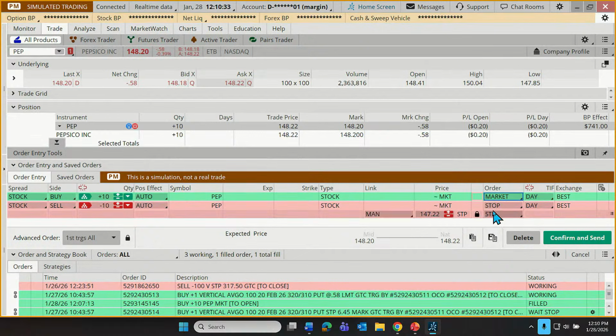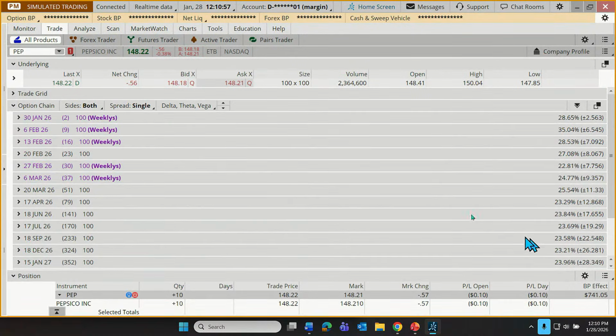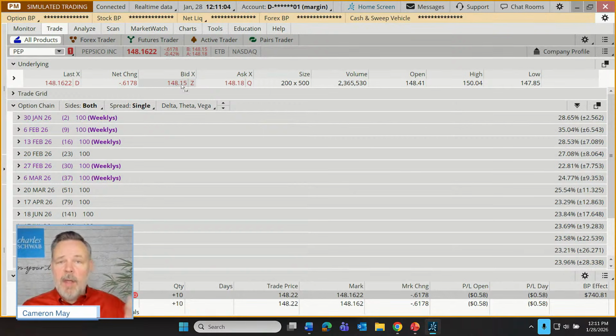In this case, let's say we wanted to buy at the market price with its associated risks, but we wanted the stop to be in place down at $145. Now, unfortunately, Thinkorswim can't read our minds, so we do need to enter that. But let's make this a good till canceled, not just the sell order that expires at the end of the day, but a good till canceled order. And we're now prepared to click confirm and send. So it always takes me a moment to describe these processes. Really, it could just be much faster if I just close my mouth and load it up because we're now familiar with it.